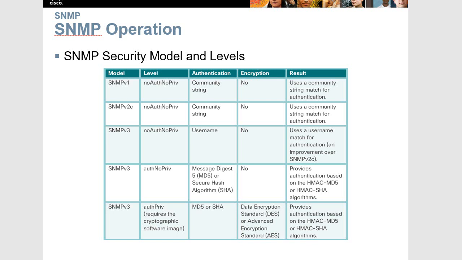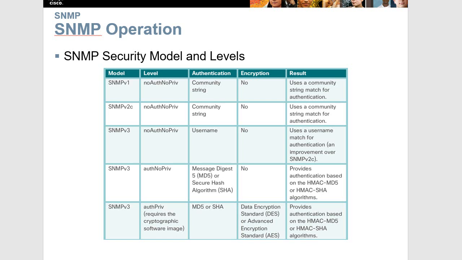V2c is defined by RFCs 1901 and 1908. It utilizes a community string-based administrative framework. And V3, which we have the longest explanation for, which is the one you'll use most often, is defined by RFCs 2273 to 2275,